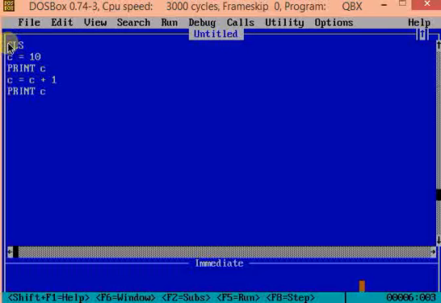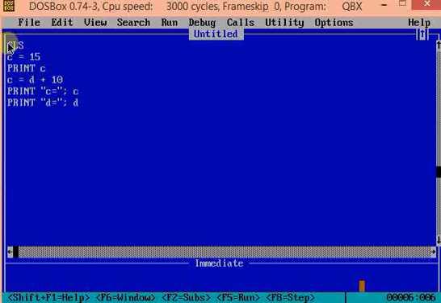What is the default value of a variable? Let us write a new program. Let us say c is equal to 15. Then we will print c. Let's say we write c is equal to d plus 10. Then we print the values of c and d on separate lines. What will be the value of c after this assignment? We don't know d anywhere as we never assigned any value of d so far. In QBasic, the default value of such variable is 0. These are called uninitialized variables. For such uninitialized variables, the value is always 0.